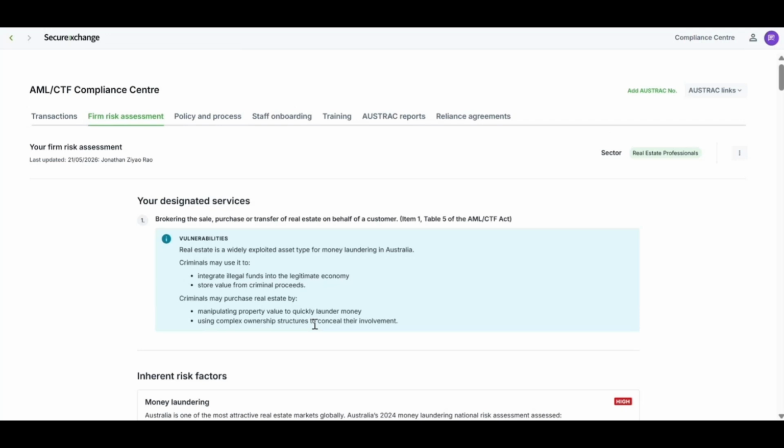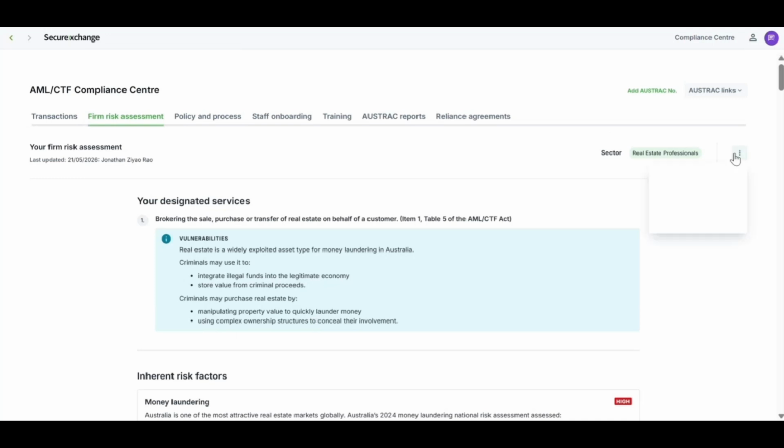Now that we've completed the agency's risk assessment, we've been redirected to this page. This page serves as a summary and information center for all the choices you've previously selected. So if you need a reminder of a certain risk rating or terminology, you can always refer back to this page. Please note everything you've selected is not final, and you can always go back and edit your risk assessment